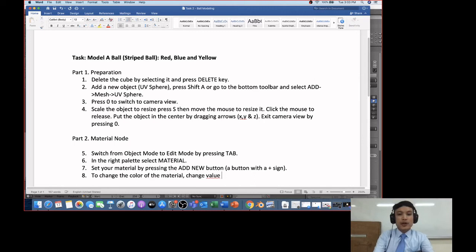Let's say, for example, of material 0.001 or etc. If you have many materials, you will see material 0.001, 0.002, etc. You can do it by clicking diffuse. You have to click diffuse, and after clicking diffuse, you can select, or if you want, you can set the value of the